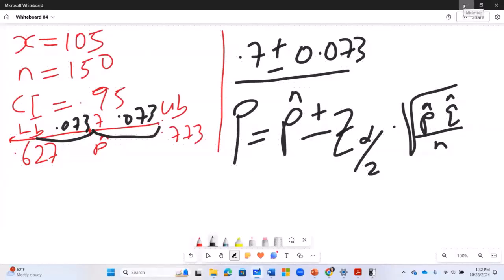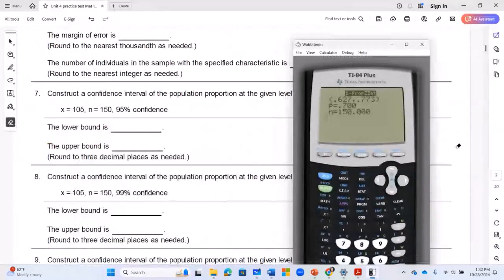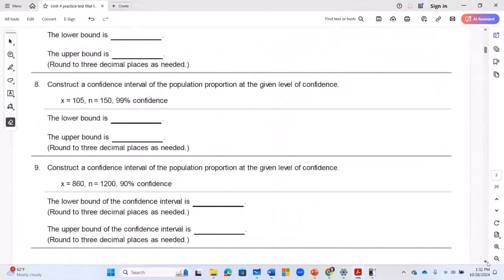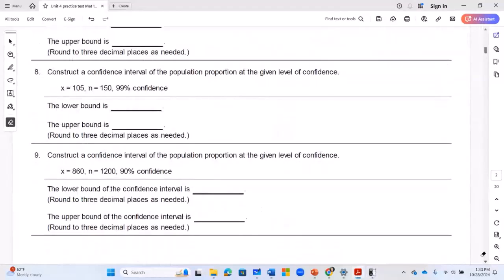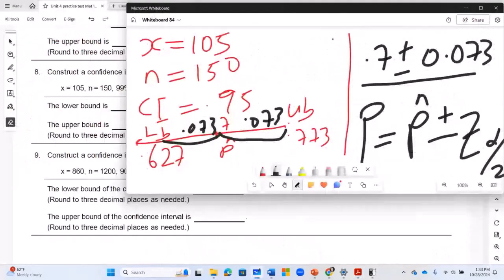So let's do another example. We're going to do one more example. Let's go to number 8. Construct a confidence interval of the population proportion at the given level of confidence. So right here in this question, I am given